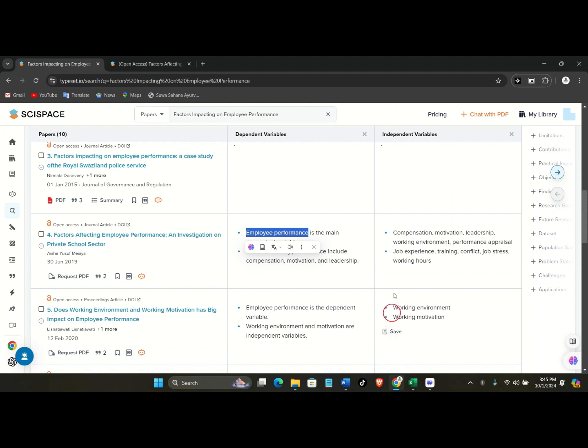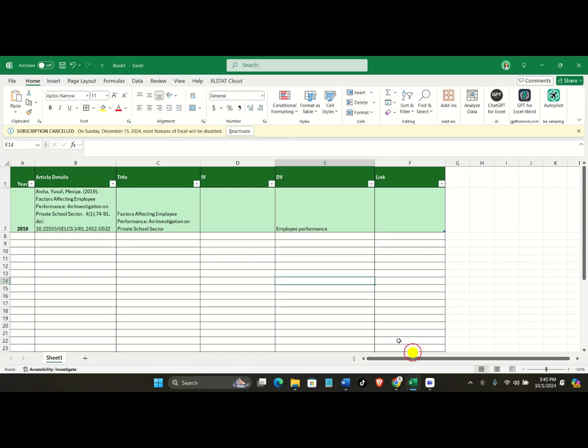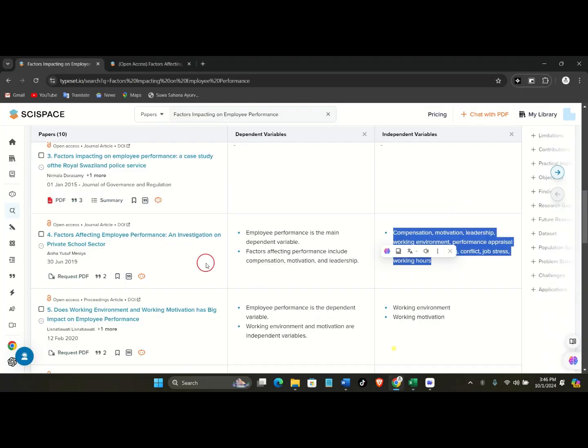and also in this column it shows compensation, motivation, leadership, working environment, performance appraisal, job experience, training, conflict, job stress, working hours as the factors impacting employee performance in this research. I'm pasting here like this. And also the most important thing is that I want to get direct access to this research article whenever I want. So what I'm doing,